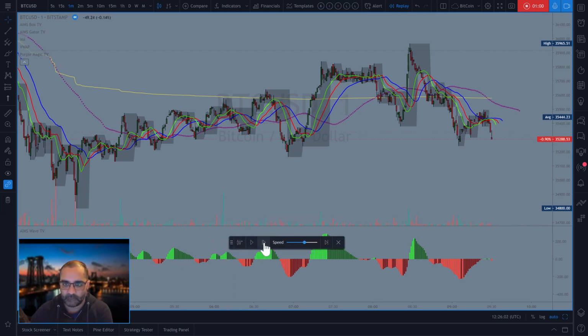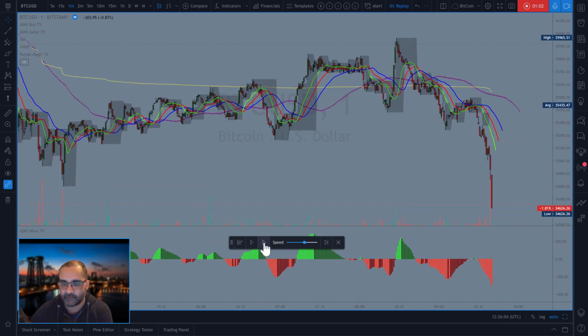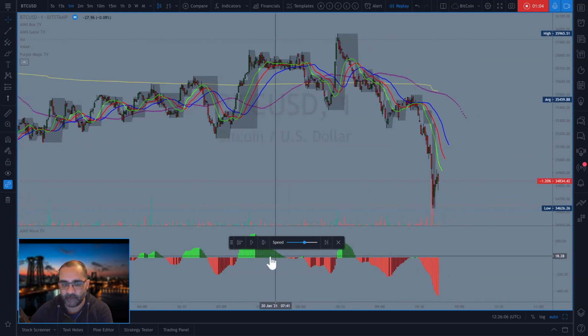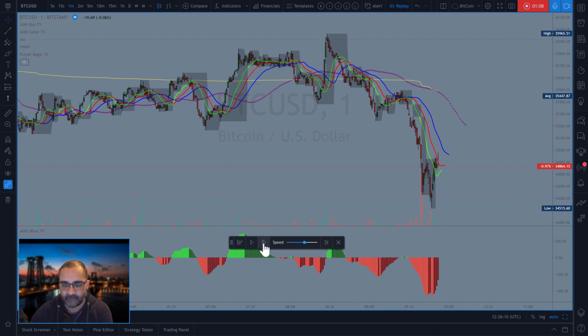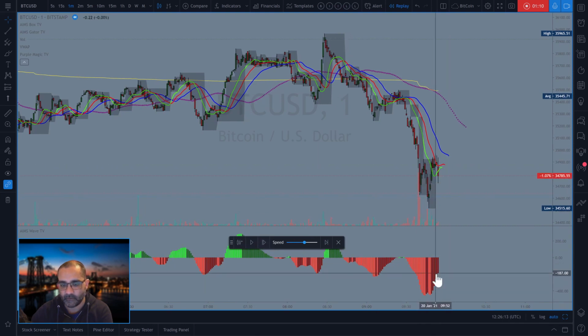So let's go forward. This is where the first trade was. It's a beautiful trade. Well done on King Aslan for taking this. And then after that, what you do is you wait for the AO to come back to the zero line. By the way, I forgot to mention that when you thought it was a 3, when the AO crosses